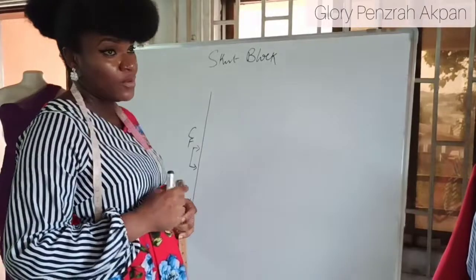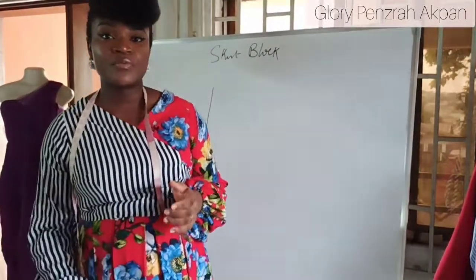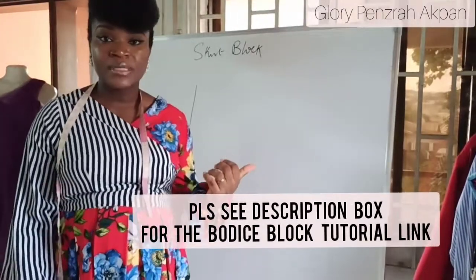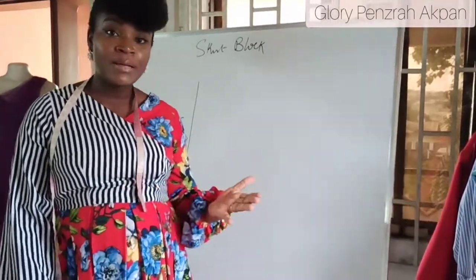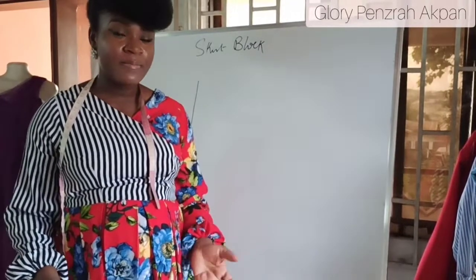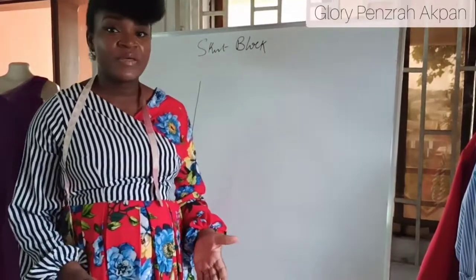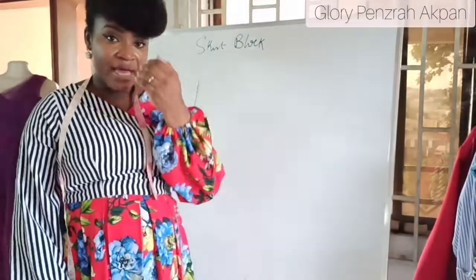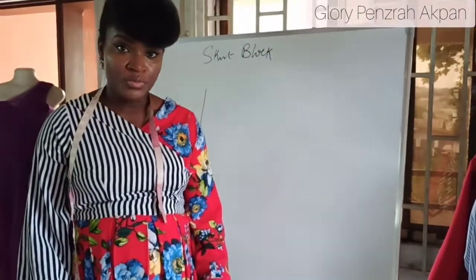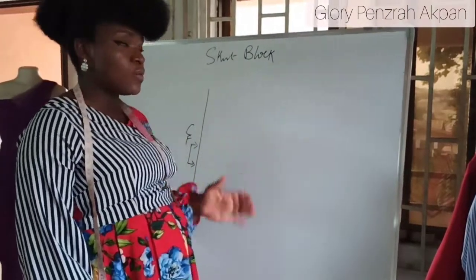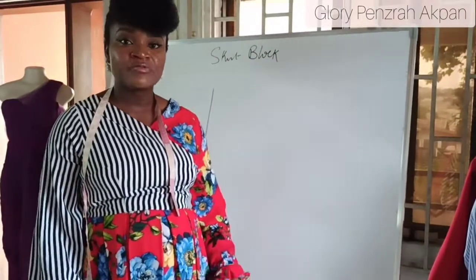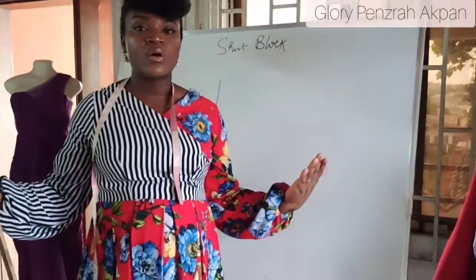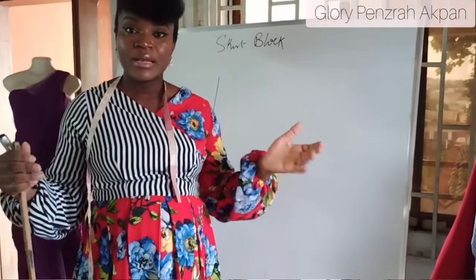The same explanation I gave you when we did this for the bodice block is exactly the same for the skirt block, because the human body is bilateral. Do you remember? What we have on the left side is the same thing as what we have on the right side. So imagine that this line is evenly dividing the body into two, right? So in that case, if we are doing one half of the front, we would have to place on fold,